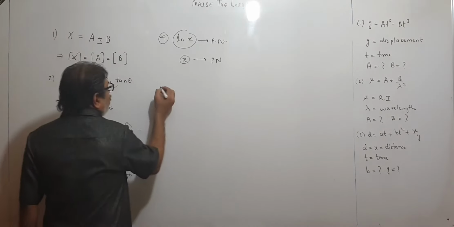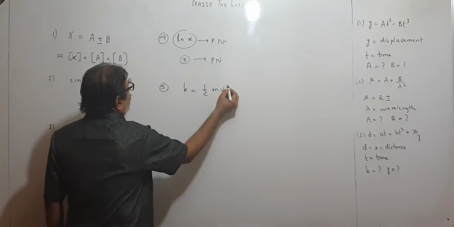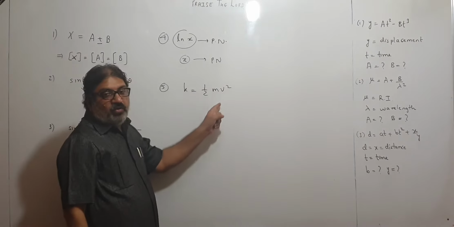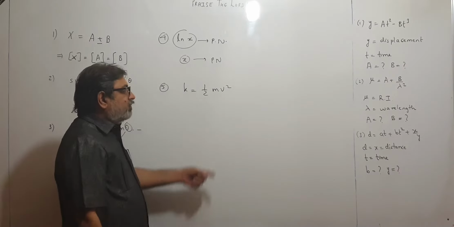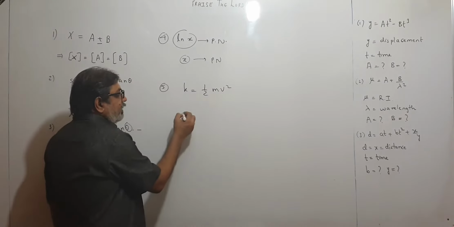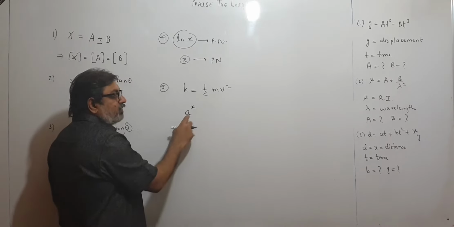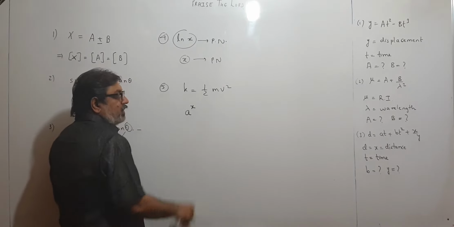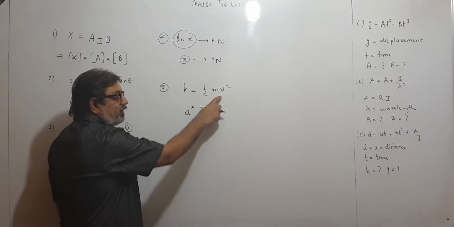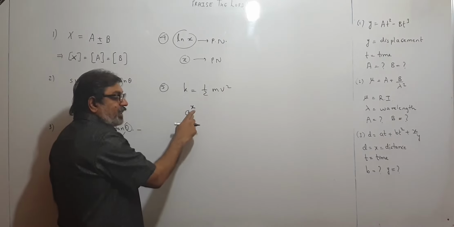Then sometimes you have got powers, like K is equal to half mv square. Kinetic energy is having some power. The speed is having power 2. So sometimes physical quantities may have some powers also. If I have an expression like a raised to x, this may have units just like v square, you can see. V is the base, it is speed, it is having dimensions, it has got units. So a can have units or dimensions, but x cannot have.